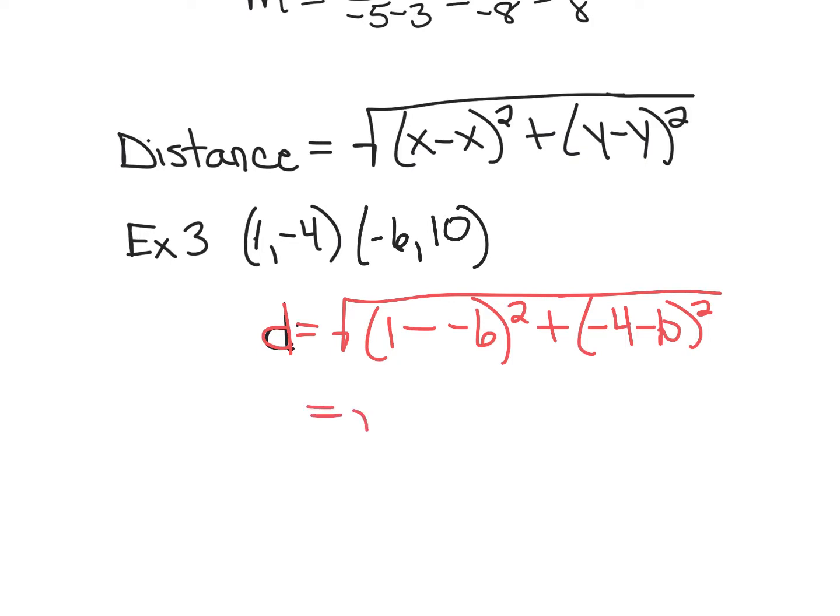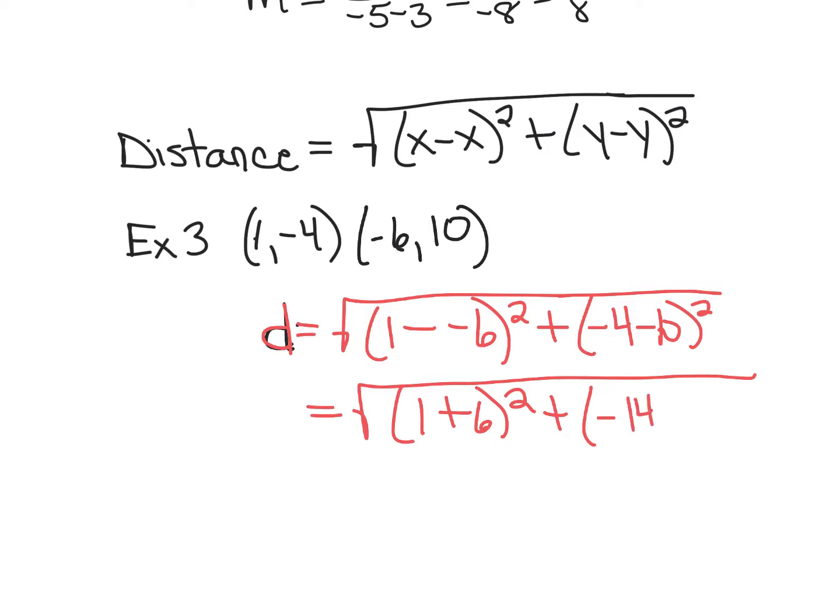All right, so I'm going to do this slow. This becomes 1 plus 6. And that becomes, well, negative 14. So I get the square root of 7 squared